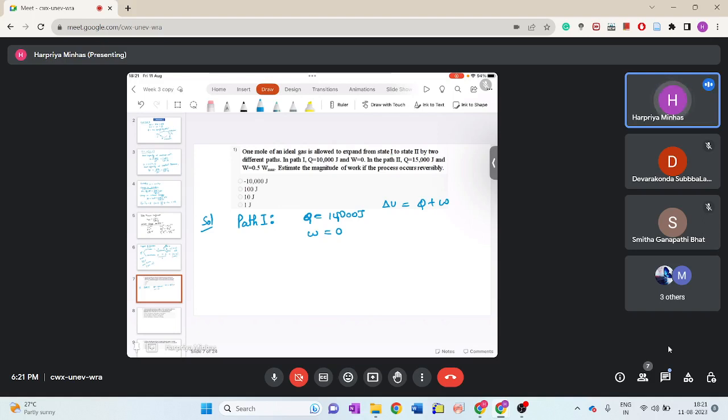So from here, W equals 0, so we can state that our del U is equal to Q, that is 10,000 joule. But for the second path, our del U is equal to